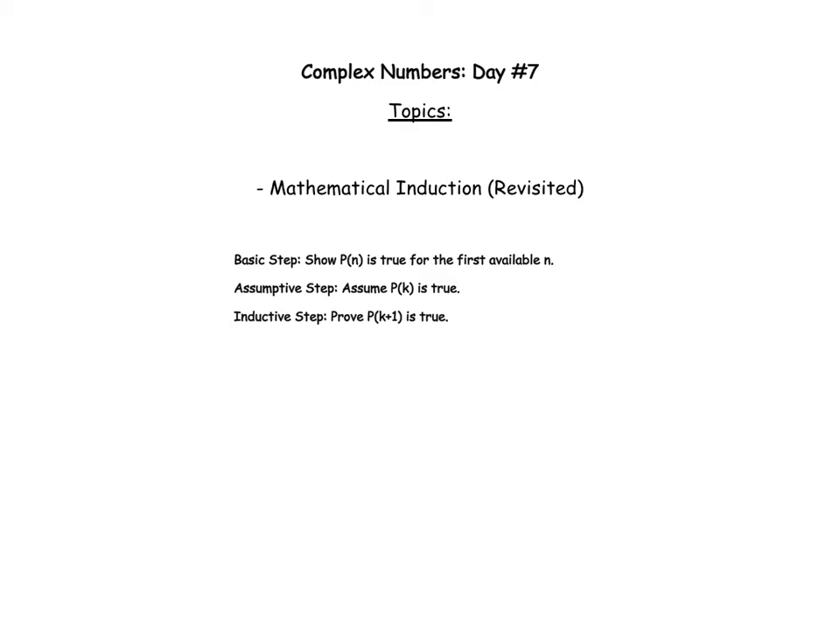Our second step is called the Assumptive Step. And in this step, we are going to assume that our statement is true for some k. That sets a general foundation. And now in the third step, called the inductive step, we are going to then prove that the k plus 1th term of this statement would also be true. And in that, if the kth term is true, so if P of k is true,